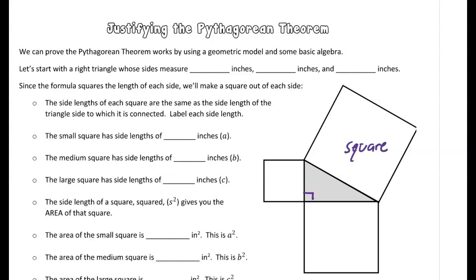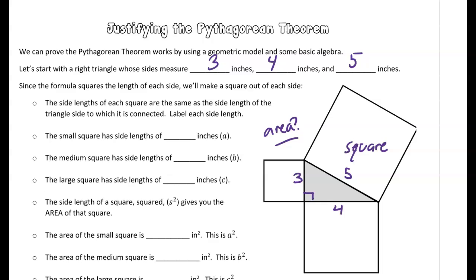So if we were to say that this is our 3, 4, 5 right triangle, and if we were to figure out what the square areas would be,